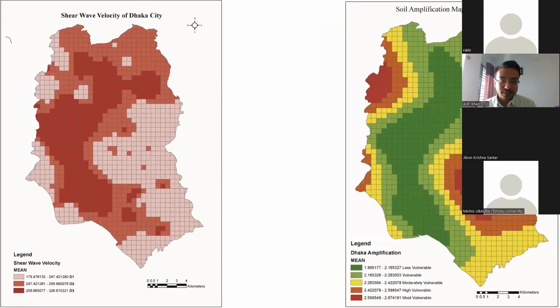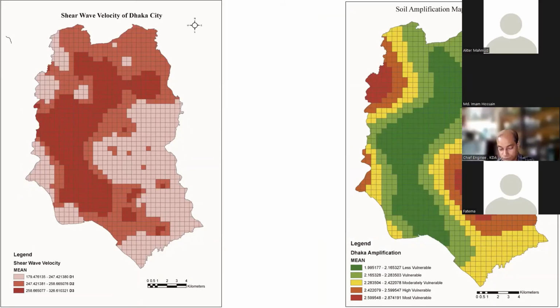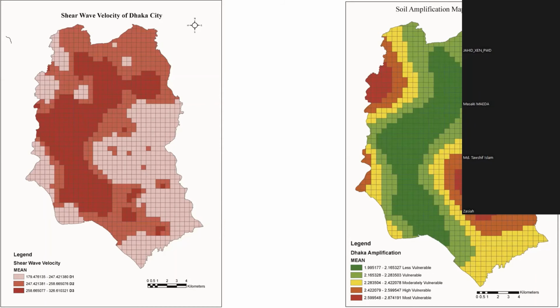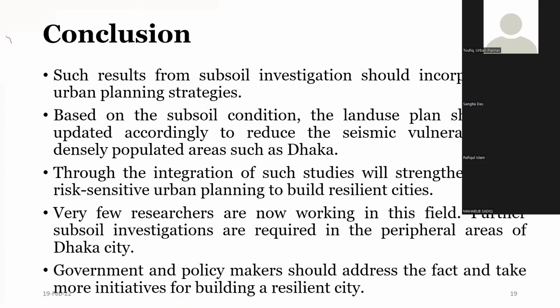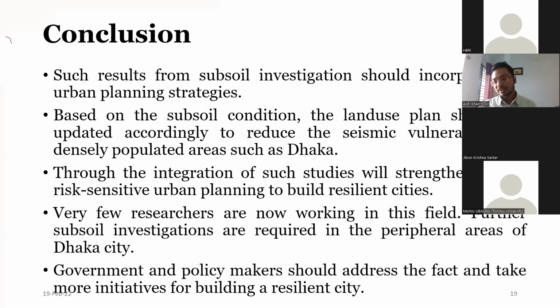And we can also see the illustration of the shear wave velocity and the location map of Dhaka city in terms of amplification, showing the more vulnerable and less vulnerable areas. Such results are very important for subsoil investigation in cooperation with urban planning strategies, because these values are important to select where the next growth centers or other major development hubs would be preferable. Based on this subsoil condition, the land use plan should be updated accordingly to reduce seismic vulnerability in densely populated areas like Dhaka, and the integration of such studies will strengthen risk-sensitive urban planning